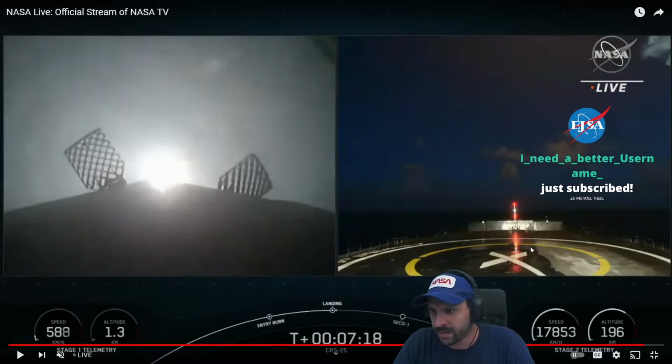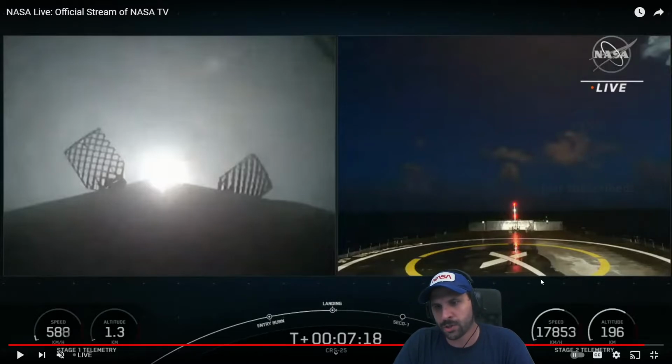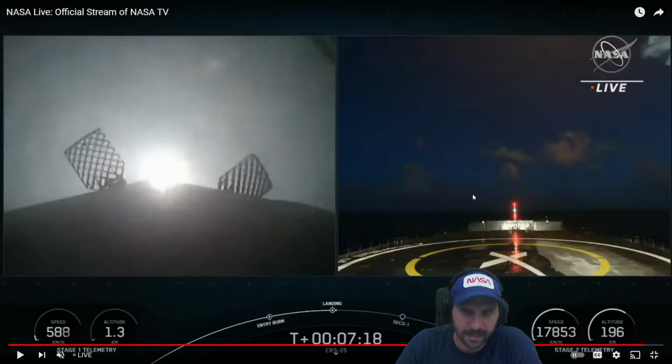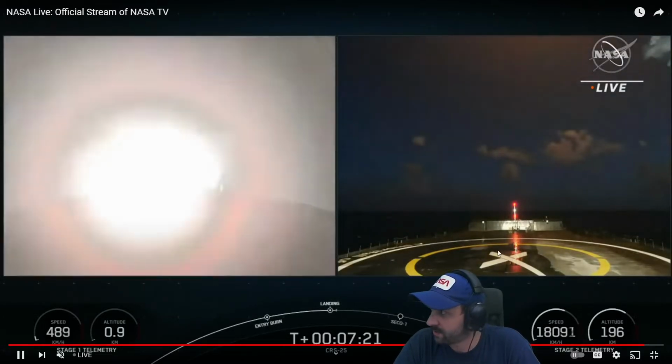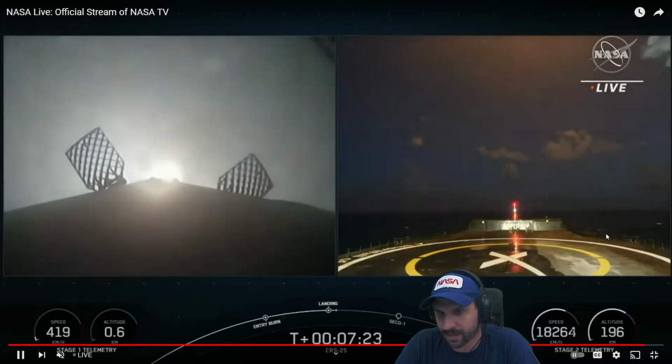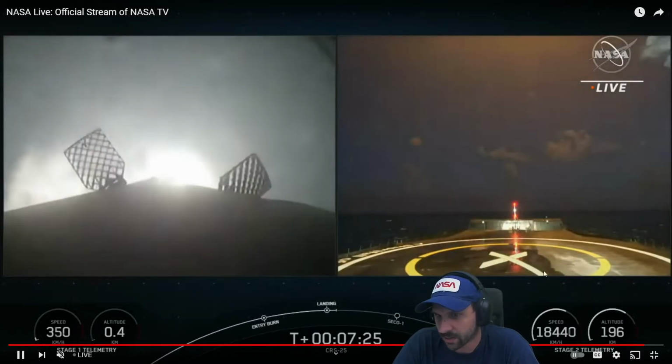So, if you look right here, the drone ship is splashed with water. They actually film cool the deck of the drone ship. They spray it down with water, so when the rocket does come and land, instead of melting the metal on the drone ship, it just heats up the water and turns it to steam. Watch, you'll see the water start to dry out right here, right around the X. Watch, even before the rocket gets near the ground.